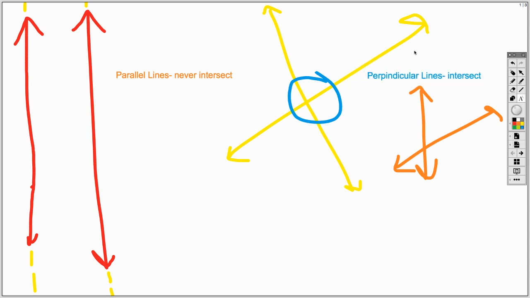So now that we have differentiated between parallel lines and perpendicular lines, we're going to see how we can make equations out of them. So let's begin with parallel lines first. You need to keep in mind that parallel lines have the same slope. As you know, they are parallel to each other, meaning that they would have the same slope. They would never intersect. But what I mean is that they have the same slope in an equation, so suppose you're